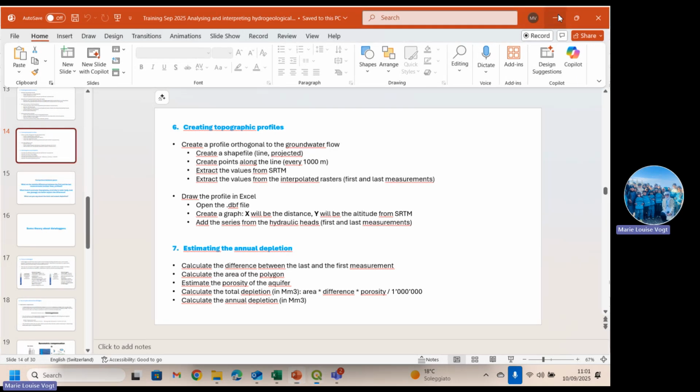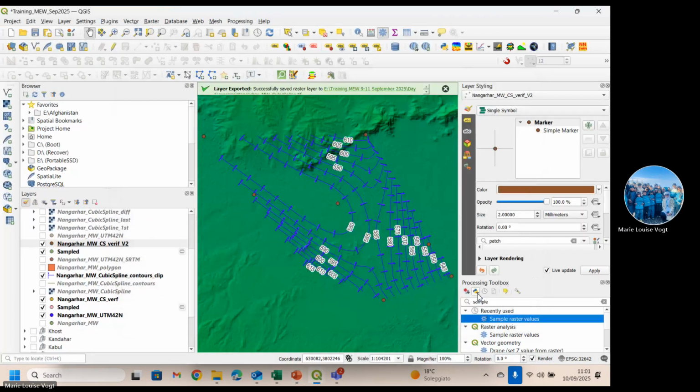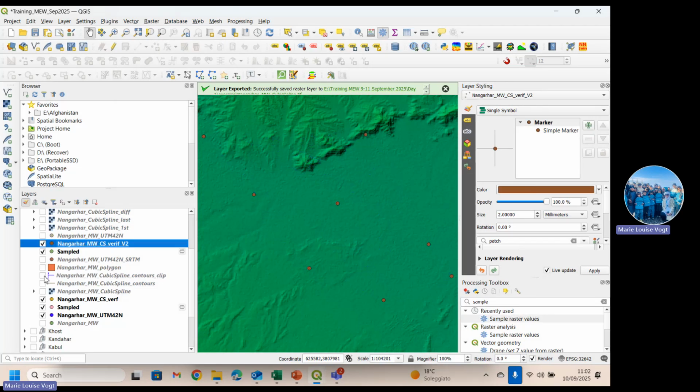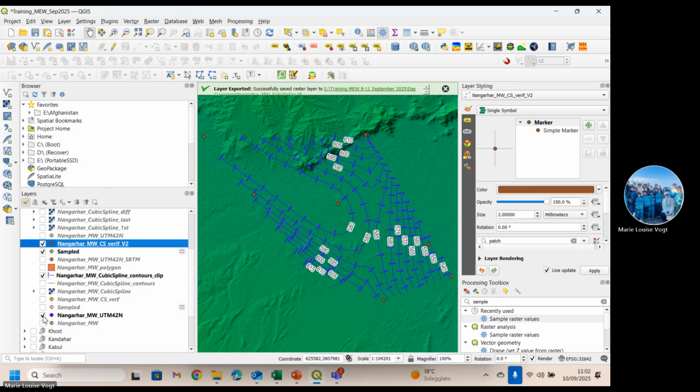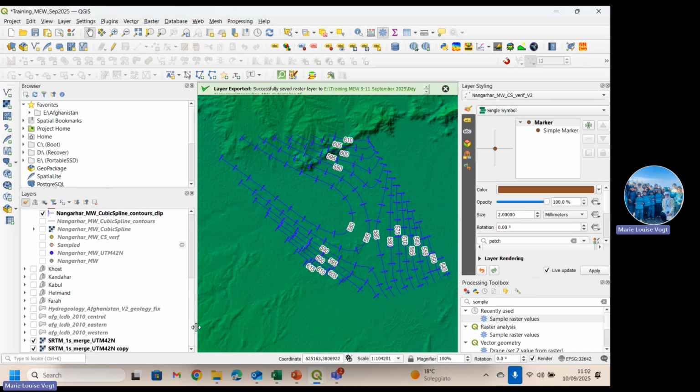The important thing is actually to have your piezometric contours well done. So actually, I will go to the case of Kabul because I've done it already, so that then I